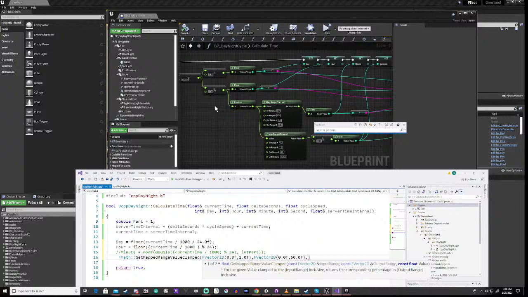Which is going to be this thing here once we get it,